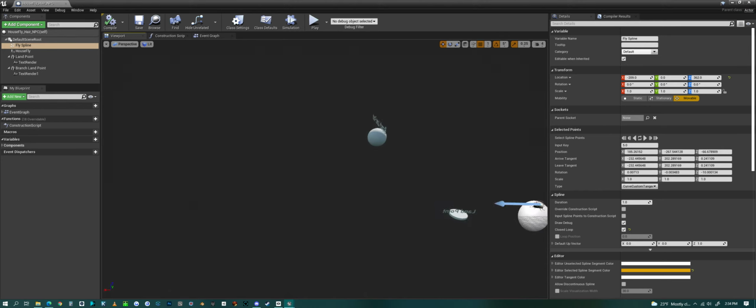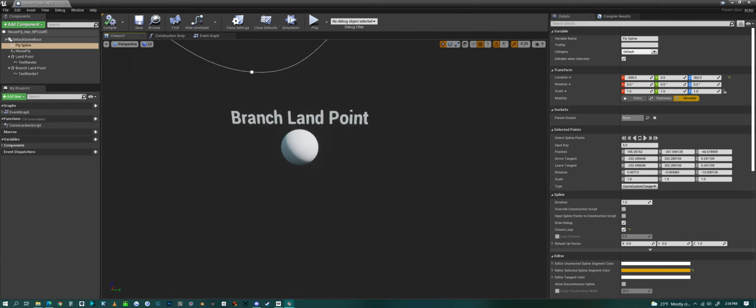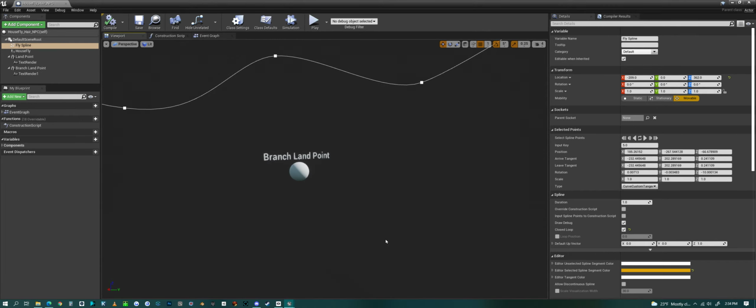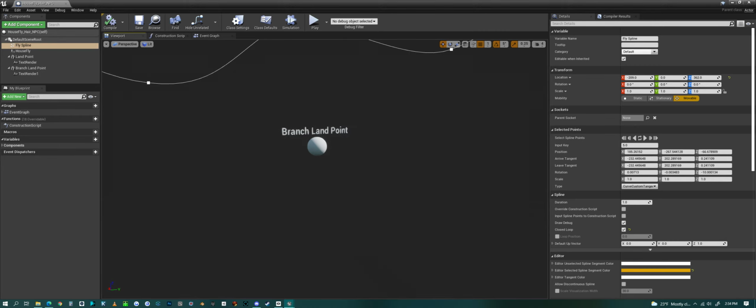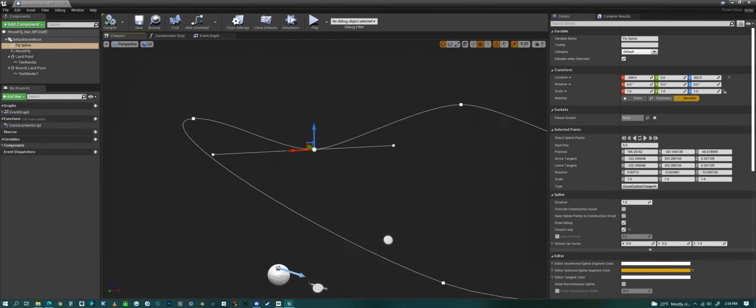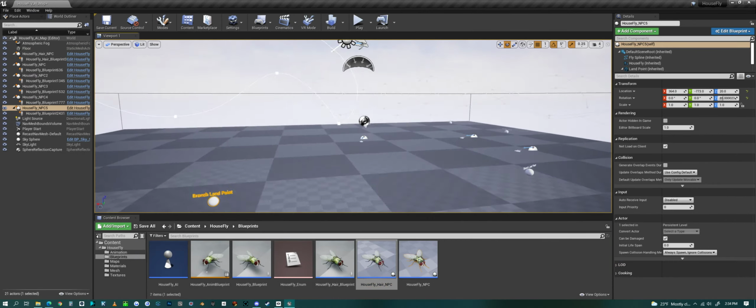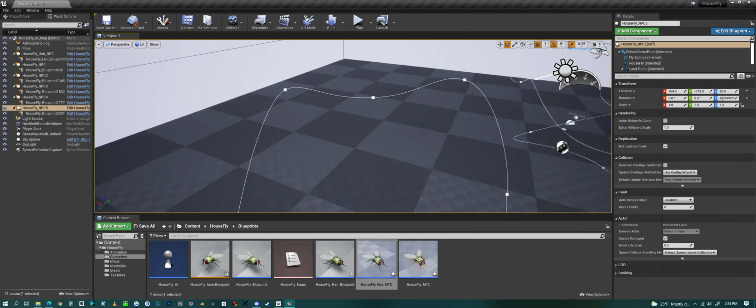Or you can use this branch landing point to land on a shelf or on somebody's head or on an NPC's head or something like that. You know, anything. But then the important part is kind of the path that you can alter. And you can also alter it in world, of course. You can alter the path in world,